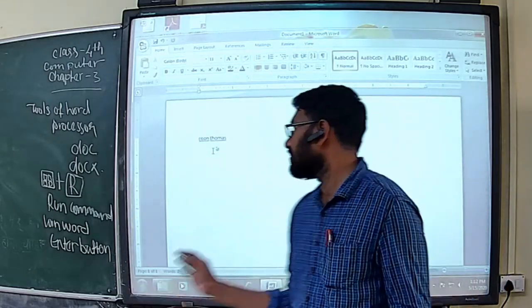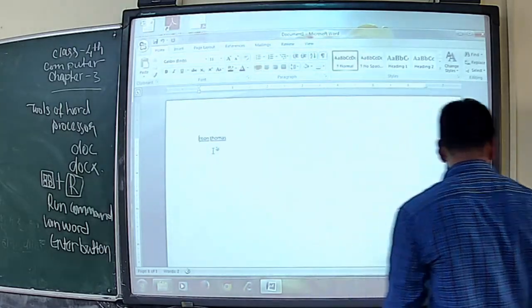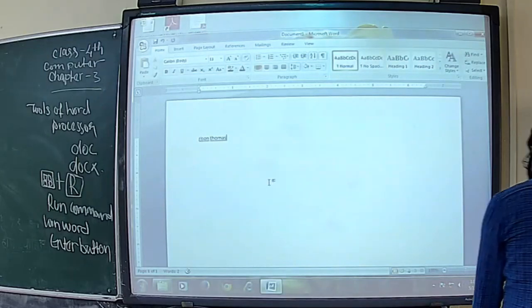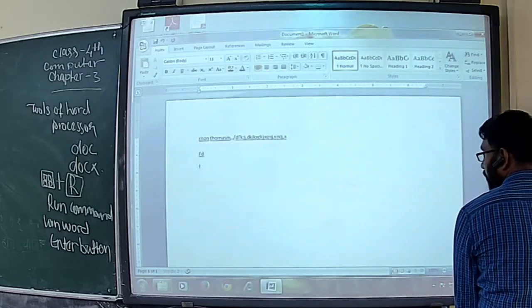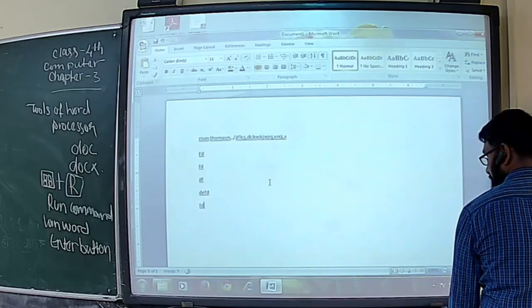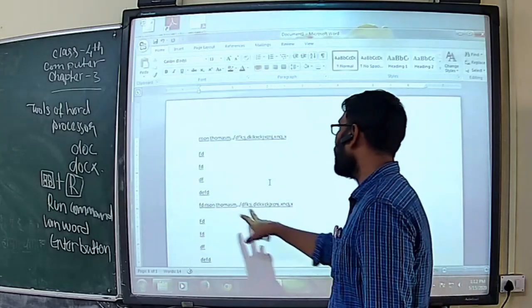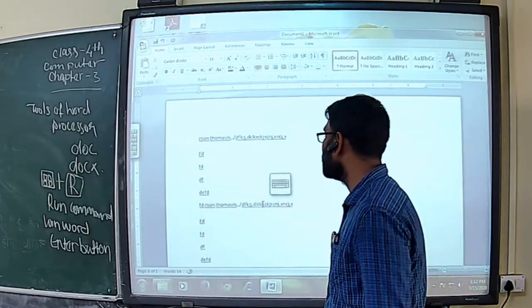Clear? At any point of the text, if you are typing a large amount of text, for example, I am typing a lot of text and I am copying and replacing. So again I am copying. It's a large document. I want to type here, and I need to correct here. So what will I do? I will